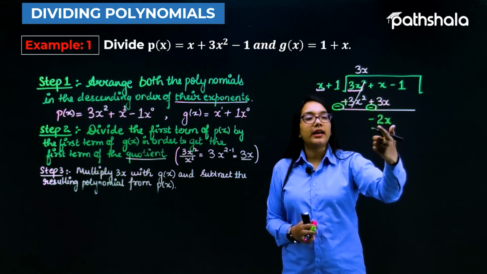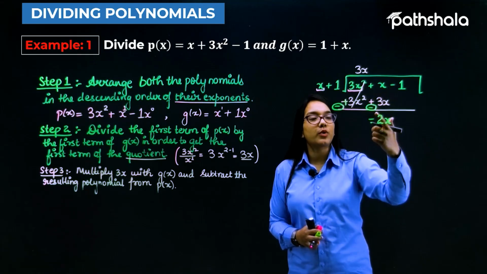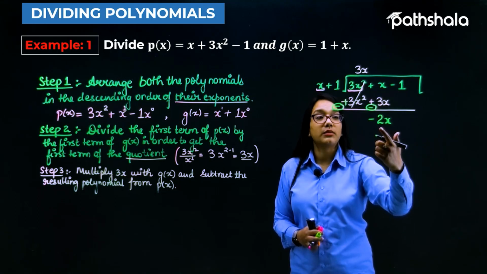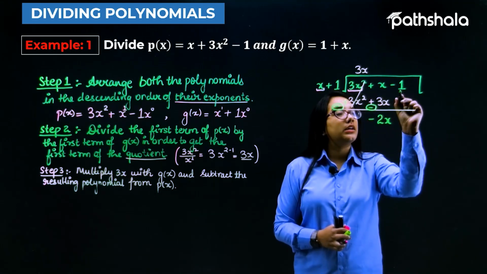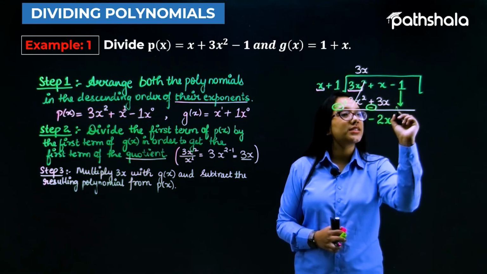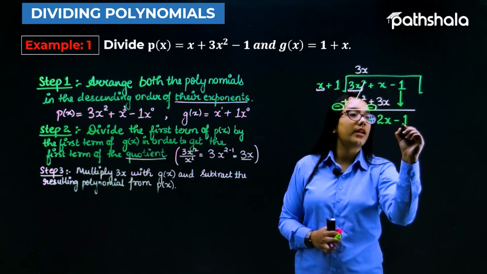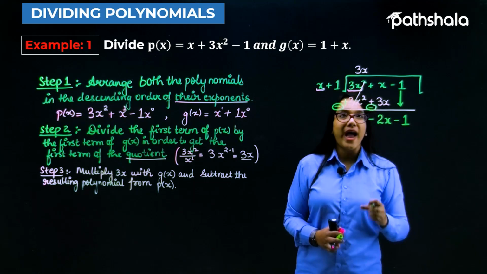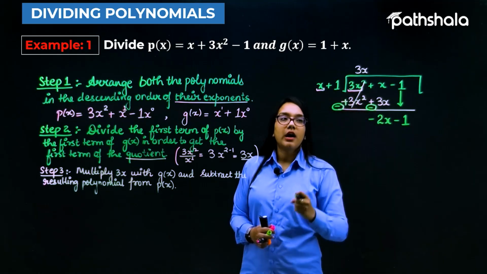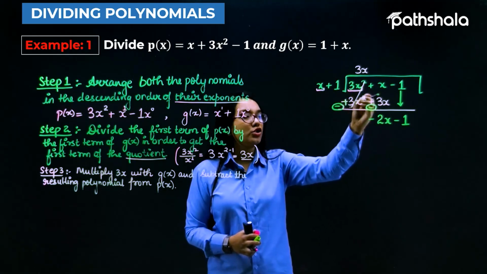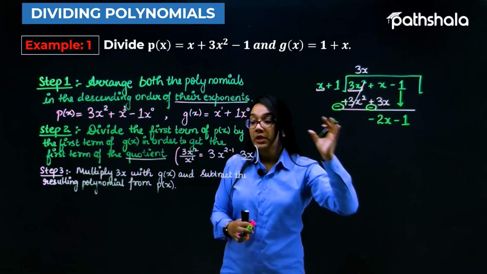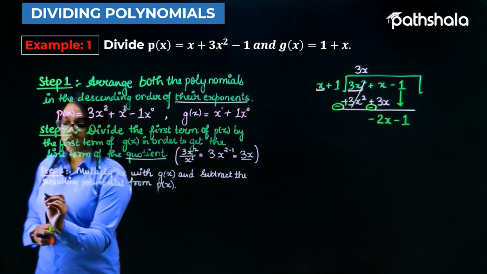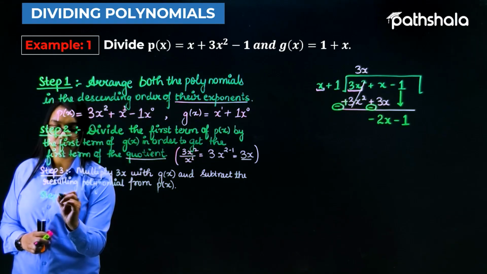So hence at the end, after subtracting these two terms, what we are getting is nothing but minus 2x, and further we take the remaining value as minus 1. So at the end, after subtracting these two terms all together, we are getting the remainder as minus 2x minus 1. So the next step, that is step number 4, would be like